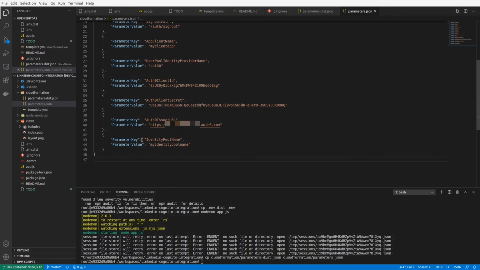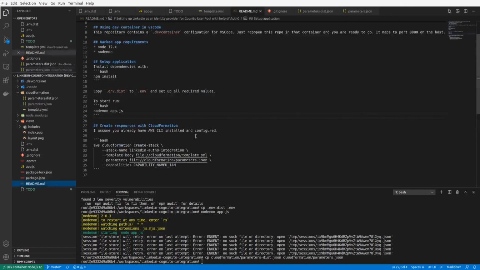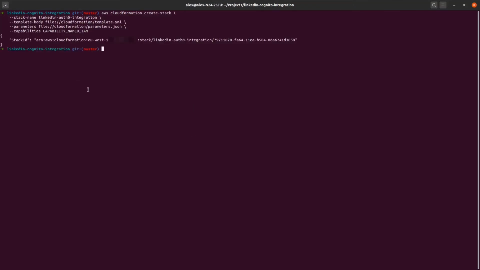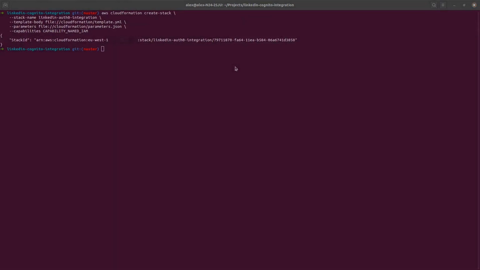And now let's go here. In the README, you have the command that you can execute in your terminal to create the stack with all of the resources. Let's go to the terminal and create those resources. Now we can go back to the browser